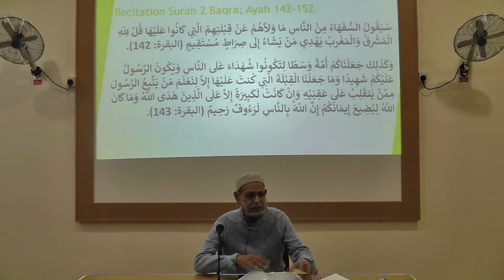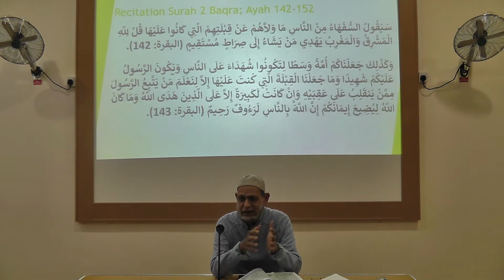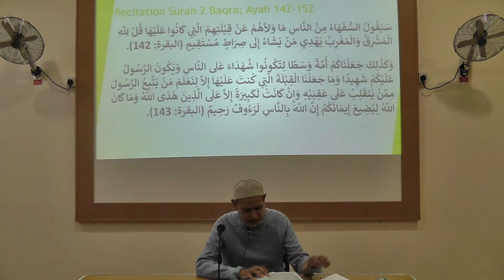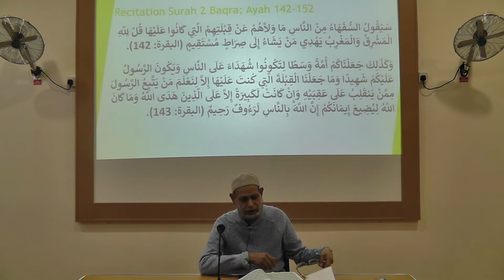And Jazakallah, Imam Hasan has given us guidance on how to recite these five ayat. And I'm going to just go through the translation. The first ayah we recited was: